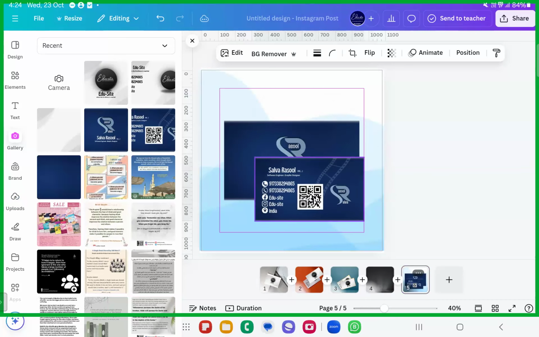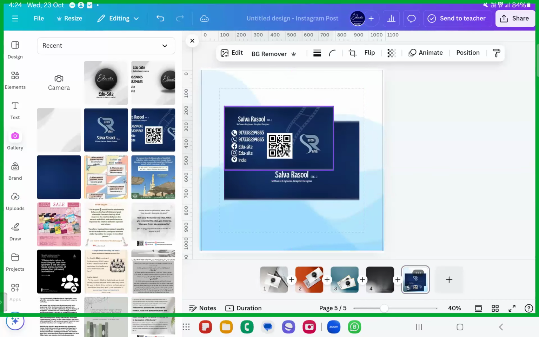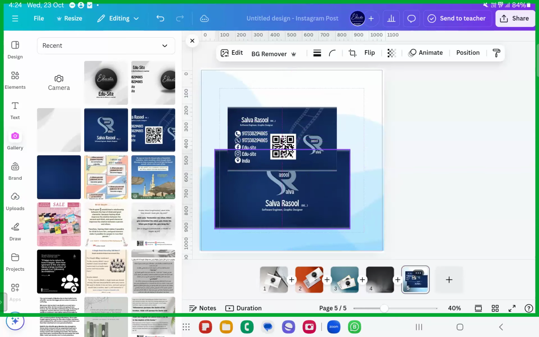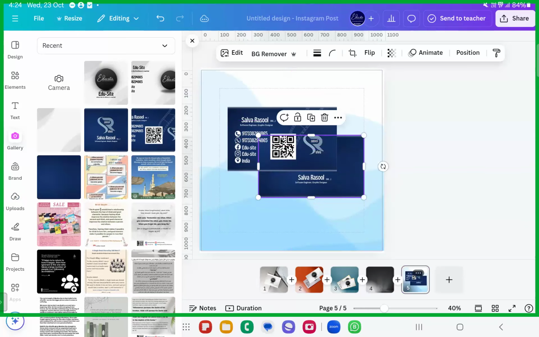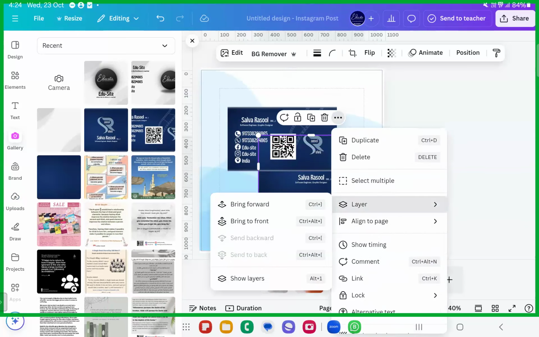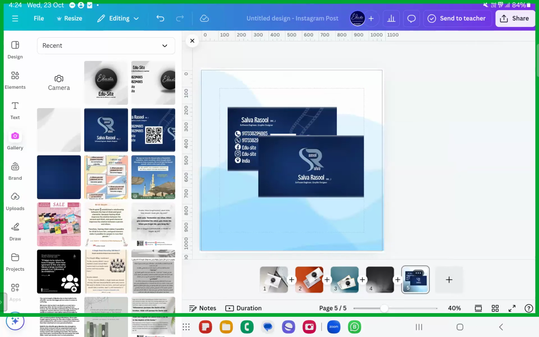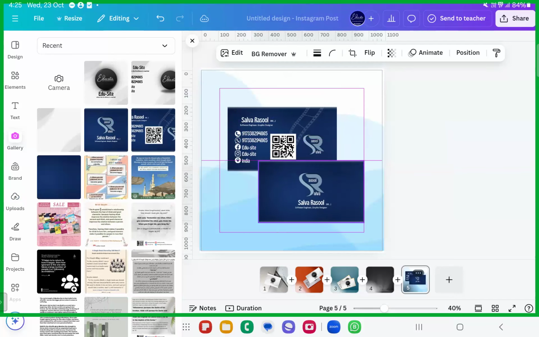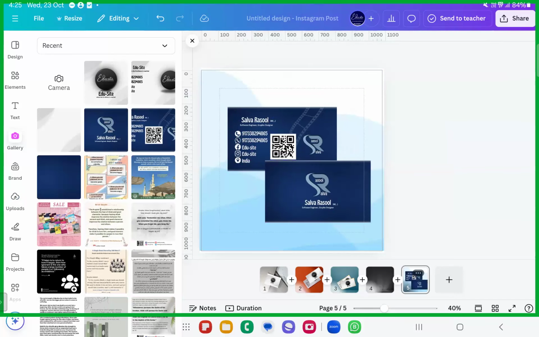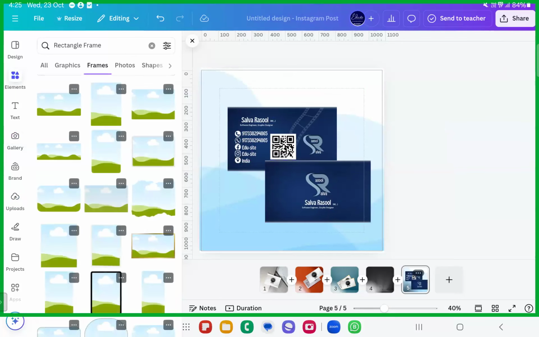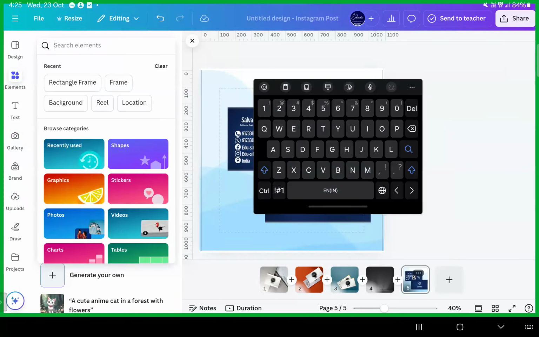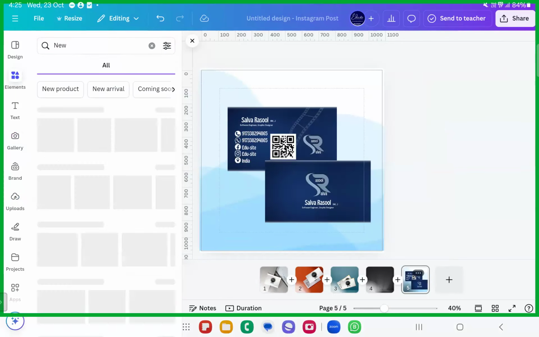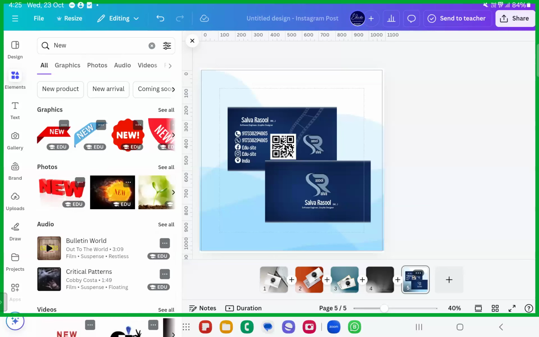Okay, we'll have it more well organized. We can even send it to front, bring to front. Okay, something like this if you wish to, you can go ahead with, and you can just send it to your client if you want. Like this, so that both are visible, and you can even mention anything such as new frames created or something like that.